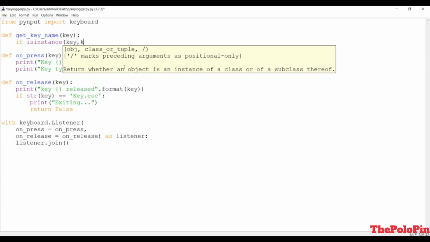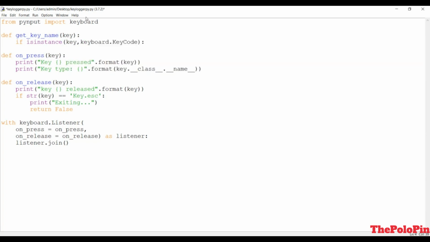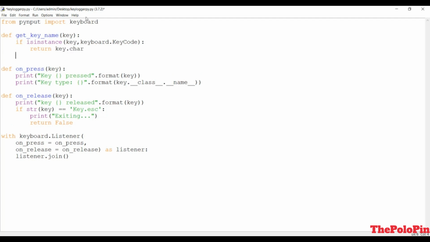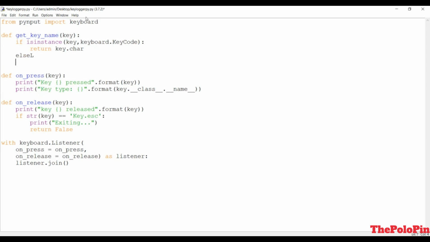We have keyboard, which is the module of this pynput, and we are going to get the key code. And let's check this first. If they are equal, then we are going to return key dot char, only the character, else we are going to return